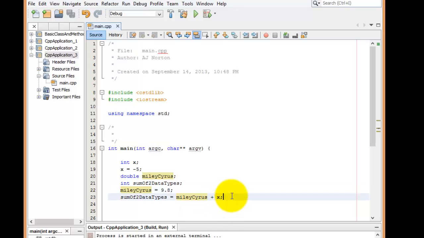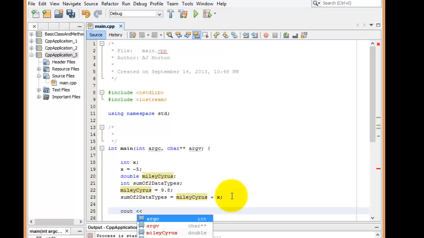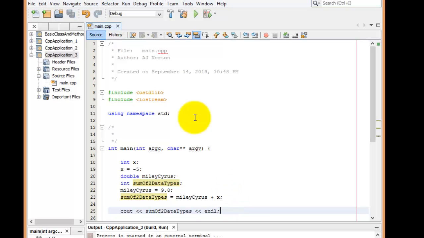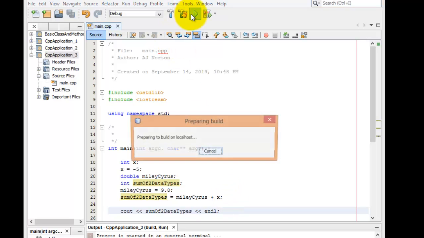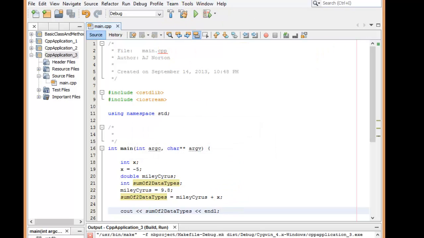Let's print it out. So I'm going to use cout like you guys have seen before, and I'm going to print out sum of 2 data types. And instead of typing that, I'm going to press Control Space, press S so it auto-completes for me. And it says, hey, the only variable you have named S is sum of 2 data types. I'm going to press Enter. And then I'm going to do an endl. I don't need to, but it just looks pretty. And don't we like making code look pretty, Quinn? Always. I love that sexy code.